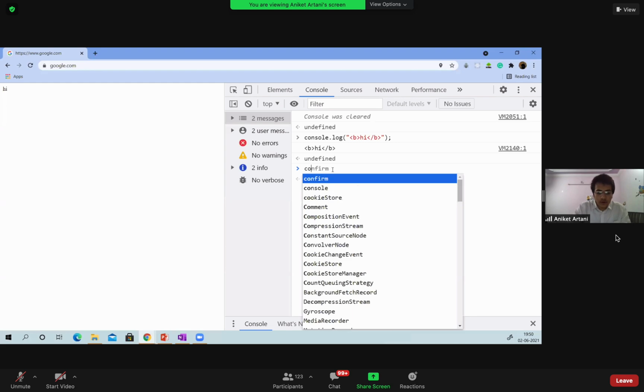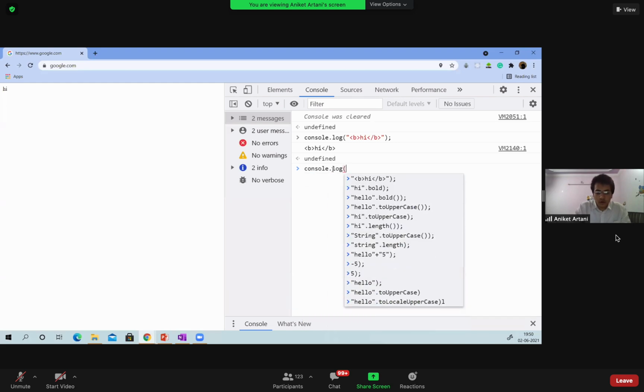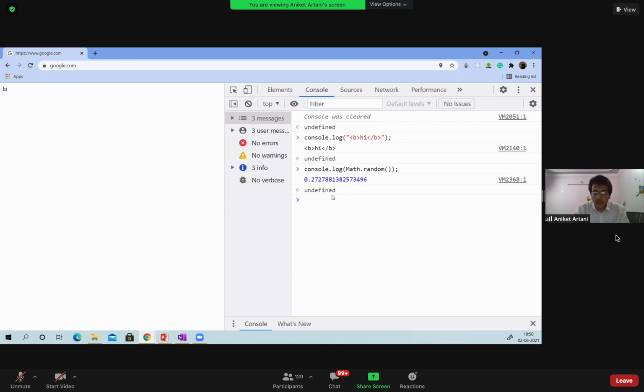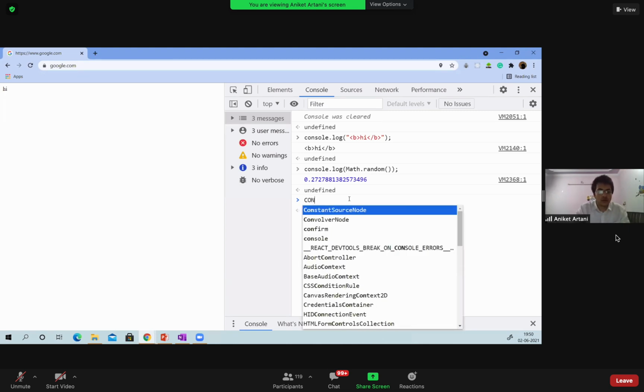Let's explore different functions which I taught you today. Math.random. Yes, you can see it has given you Math.random. What I told you, if you just write Math.random, it will give you output between 0 to 10, or exclusively 0 to 9.